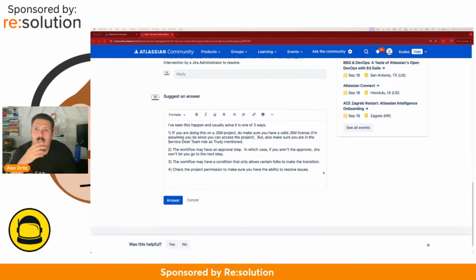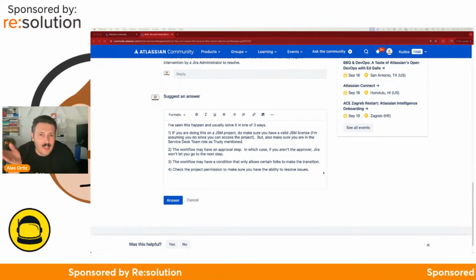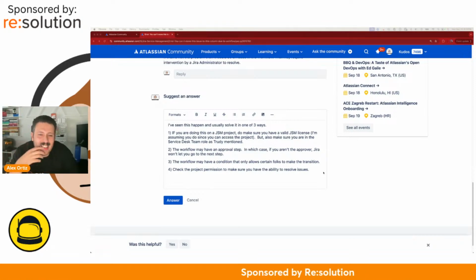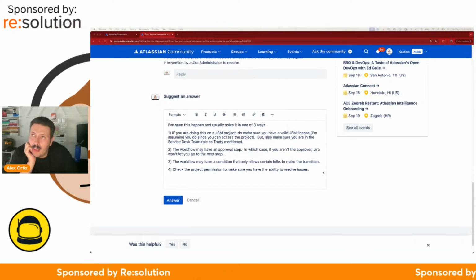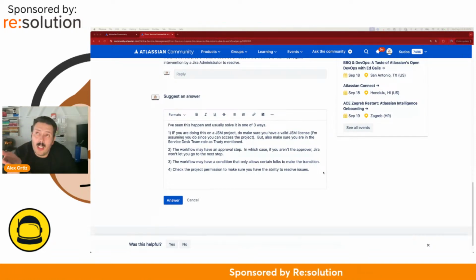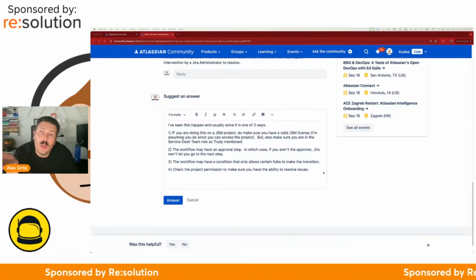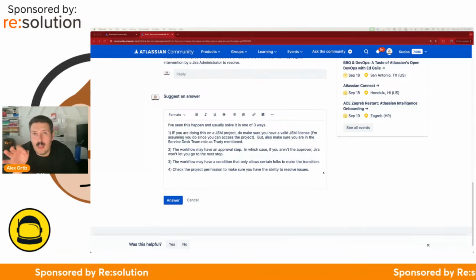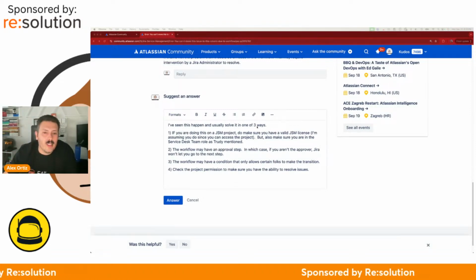But I know I've seen this before, and usually it's a licensing problem that I've experienced, and it's usually on the JSM side. But as a Jira software, I'm trying to think, because if you don't have a license, like if you don't have a Jira license, can you still see Jira projects? So, but if it's open to any logged in user, maybe the answer is yes. And so that, but then would they be able to see the issues? Like it is possible that they have no license. I would maybe ask,